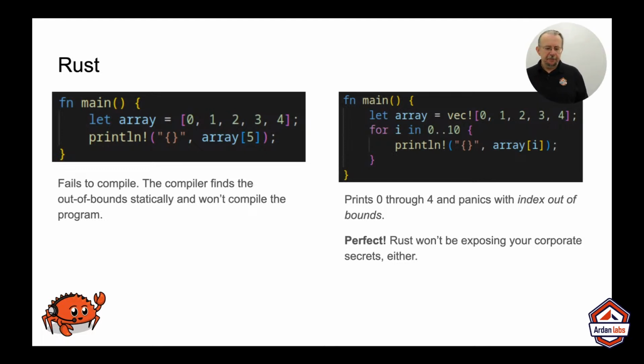The compiler is not that smart, though, that if you build a loop, it doesn't realize that that's going to panic. We'll still let you print. But then it panics with an index out of bounds instead of exposing your data. So perfect. Rust has passed the lowest bar of memory safety. It's not going to be letting you read outside of the